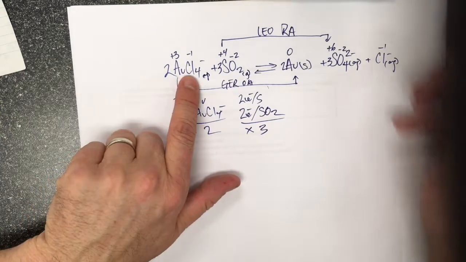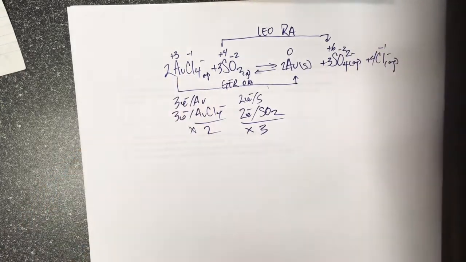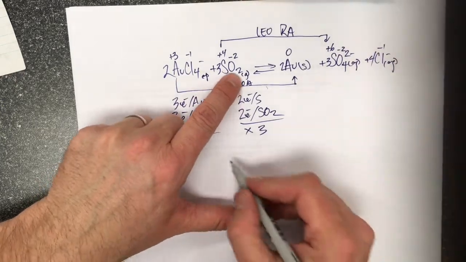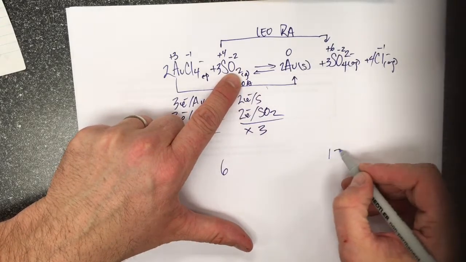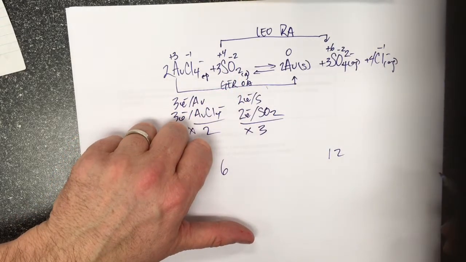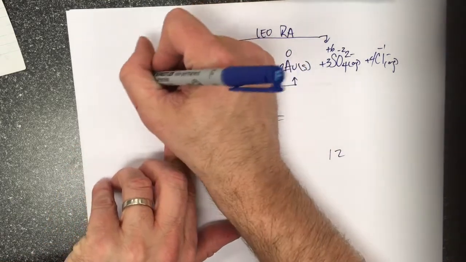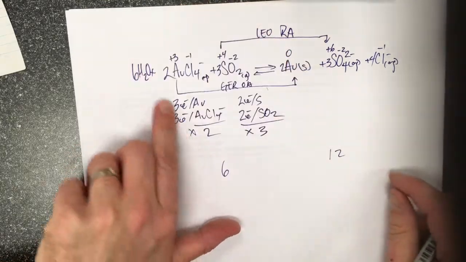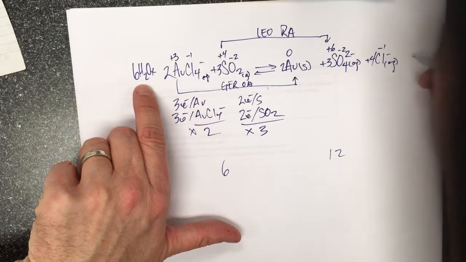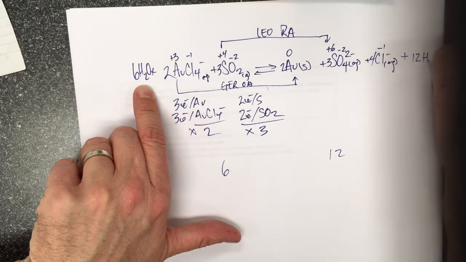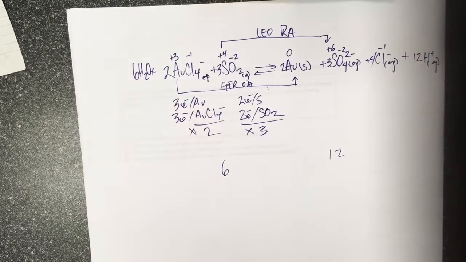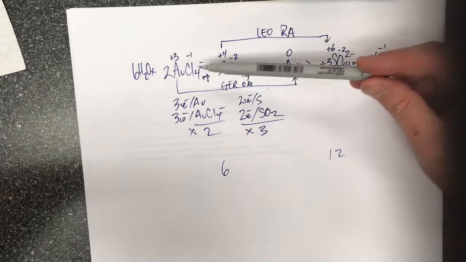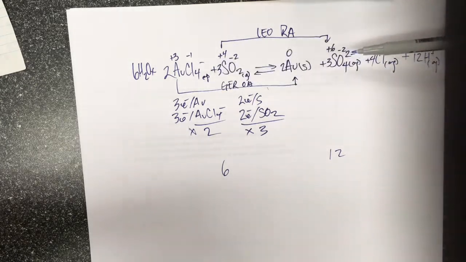I've got 4 chlorines, so I'll put 4 chlorines here. Now I balance my oxygens. I've got 6 oxygens here, and I've got 12 oxygens here. So I'm going to add 6 waters to this side, and then it's going to be a similar arrangement. I'm going to need 12 hydrogens on this side to balance out my waters. So if everything worked out, then I should be able to check my charge. I have 2 negatives on this side, and I've got 6 negative, and 4 more